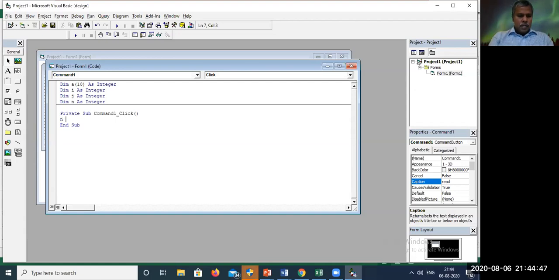Now in my command button, I have to read the elements. I will get the size of the array first, with an input box: enter the size of array.